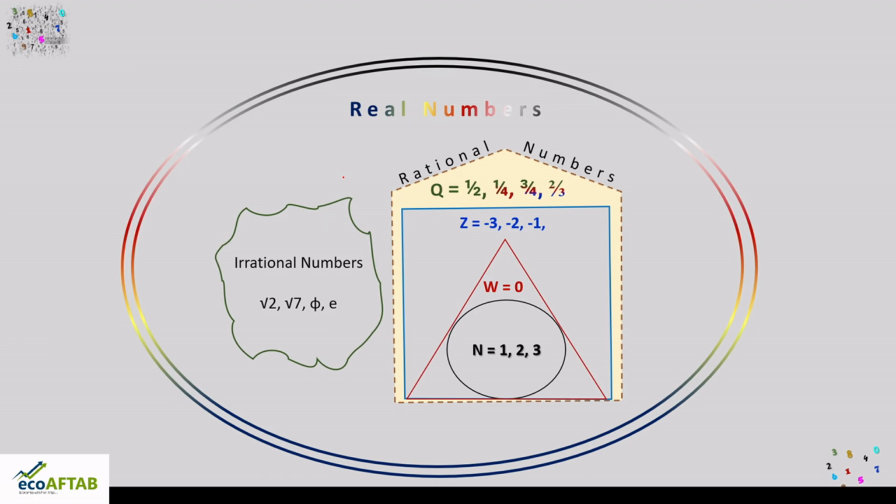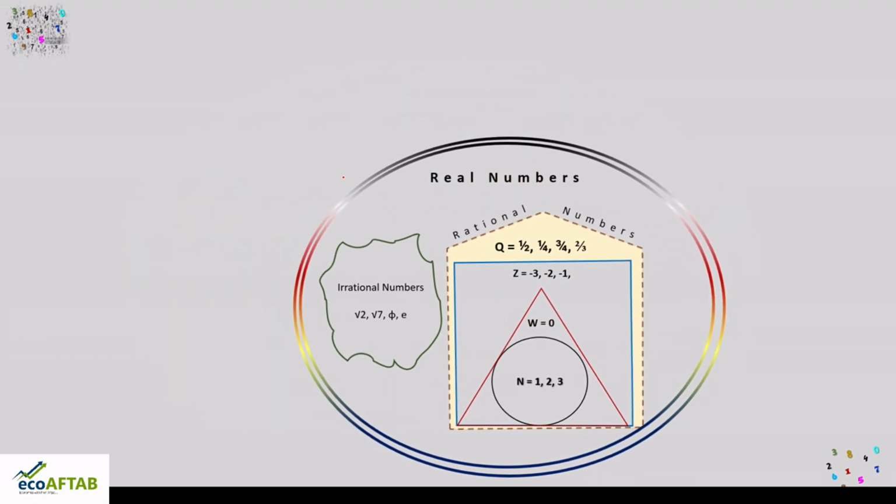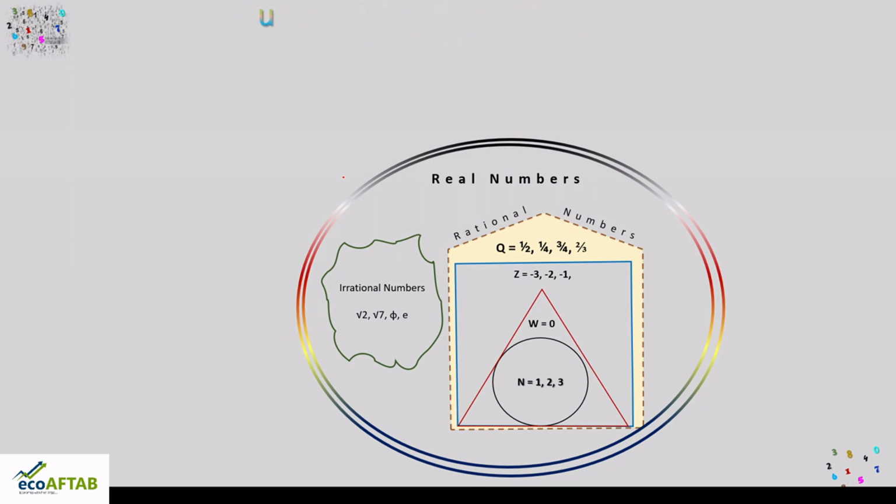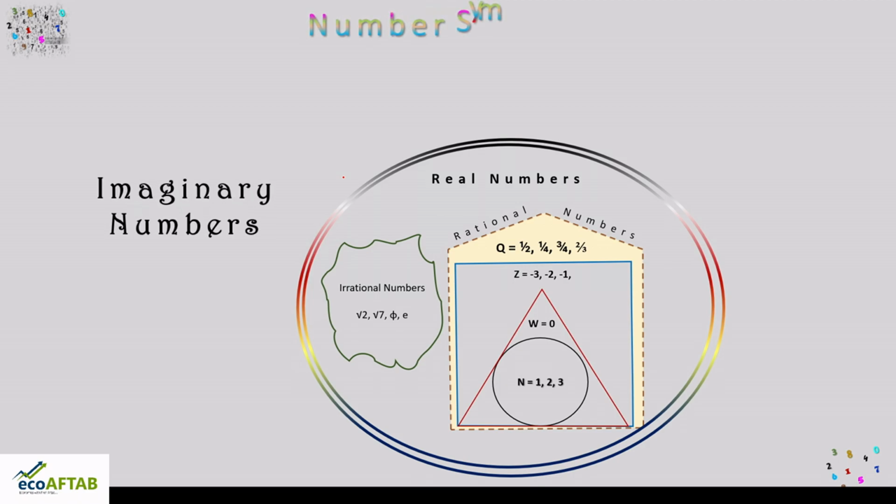Now moving ahead, what are complex numbers? As I said, real numbers are all those numbers which don't include complex numbers. So complex numbers, or you can say imaginary numbers, are those numbers which don't fall into this particular area. So friends, these are our real numbers. In the number system, there is another set of numbers which are called imaginary numbers. Now the question comes, what are imaginary numbers? After a few more minutes of understanding what imaginary numbers are, we'll wind up the session.